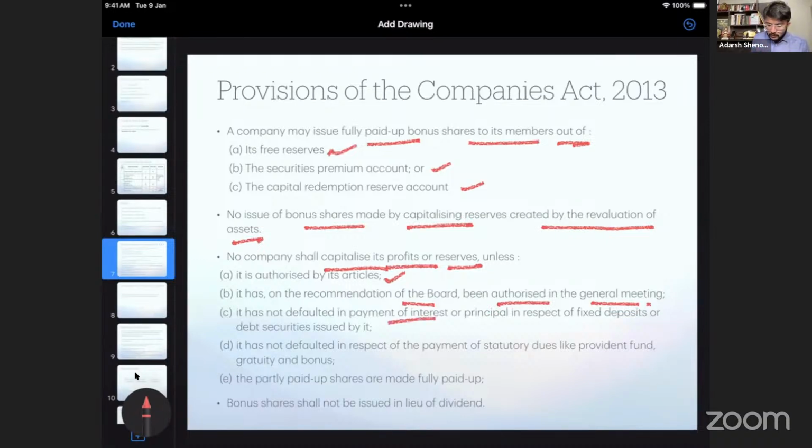It has not defaulted in payment of interest or principal in respect of fixed deposits or debt securities issued by it. So, if you have taken any loan or if you have accepted any deposits from the public,